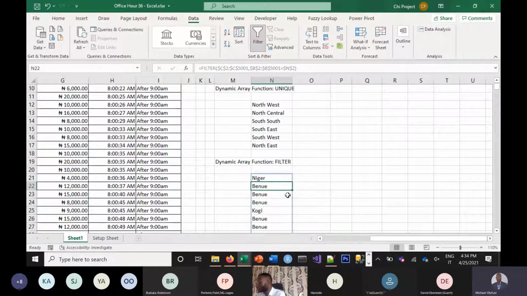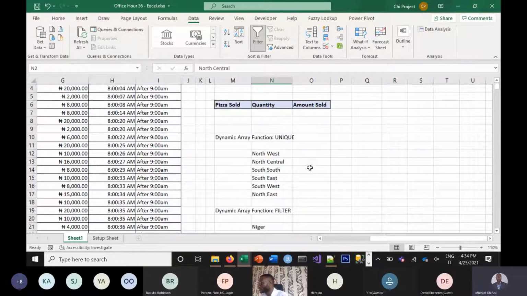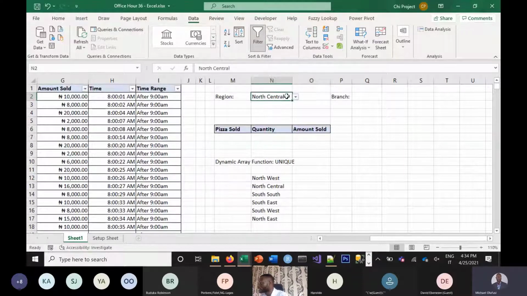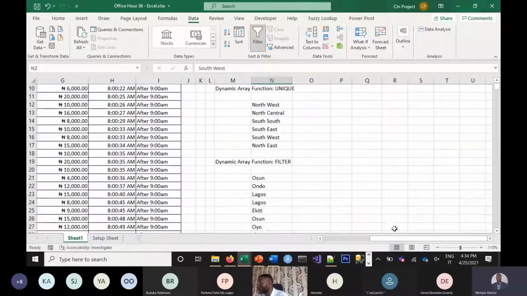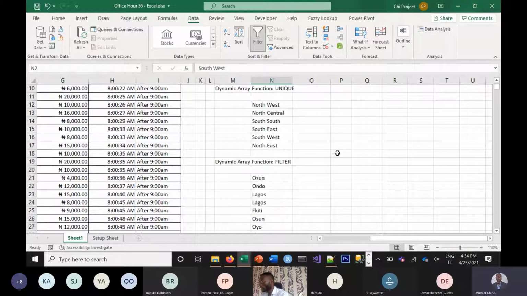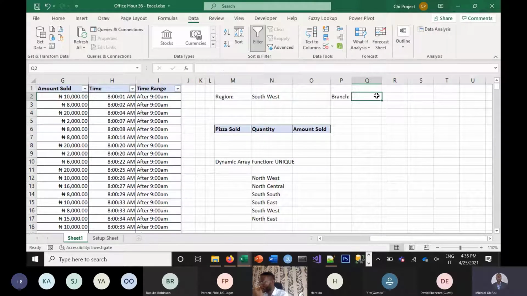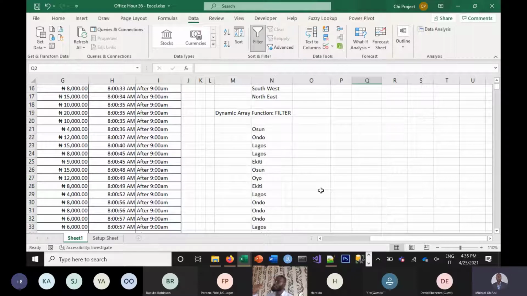So this is what gets us halfway to where we are going. Instantly, I'm able to see all of the branches that are in my selected region. If you change this now, if you come in here and change the region to Southwest, where we are, you'll see it starts showing Lagos and Ogun and Osun and like that, right? So you are seeing the outcome and it's working the way it should work. But then there's a lot of repetition, right? I don't want my list here to be showing that way. I want it to show me the unique list of those